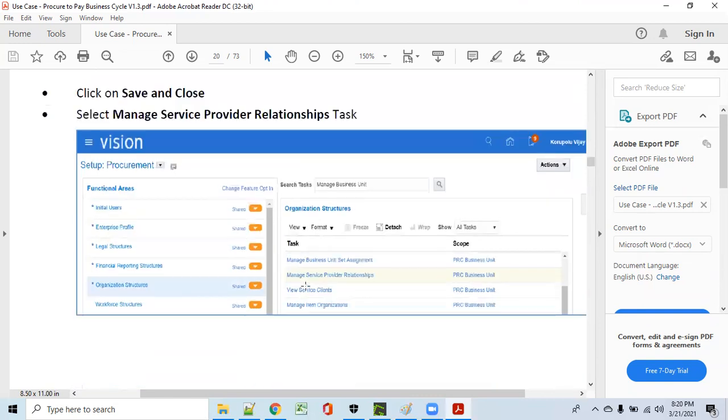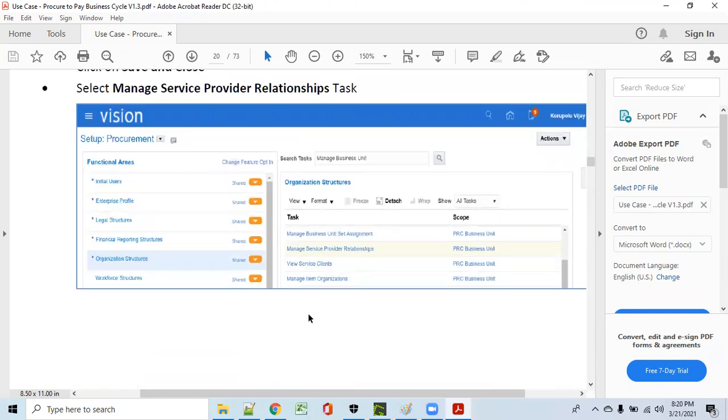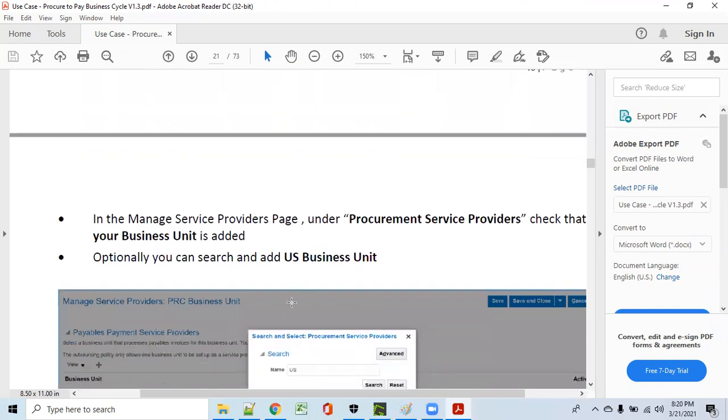Okay. And next, service provider relationship. What is a service provider relationship? If you are maintaining two BUs, like procurement as common across your